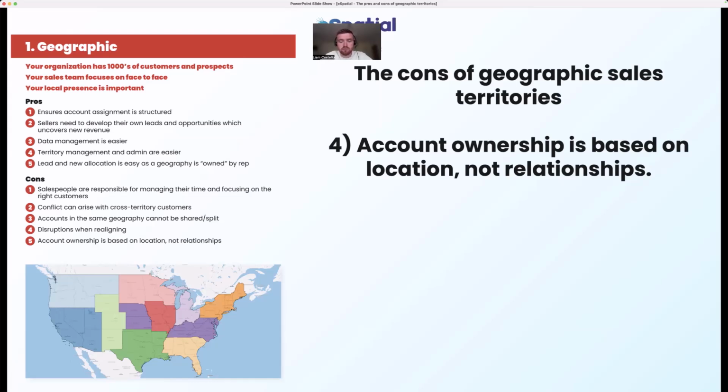Yeah, and again, we touch on this in the next session on account-based. If you have a rep with a particular skill set that might be perfect for a customer, it shouldn't really matter where that location is, particularly if they're a larger customer, a major account. Relationships can often be critical at that level. So this is where it can create a bit of a challenge. Absolutely. Okay, great.